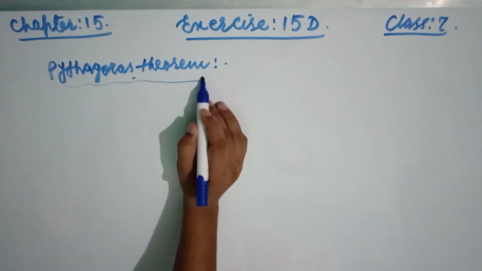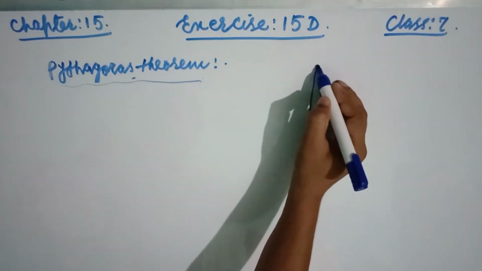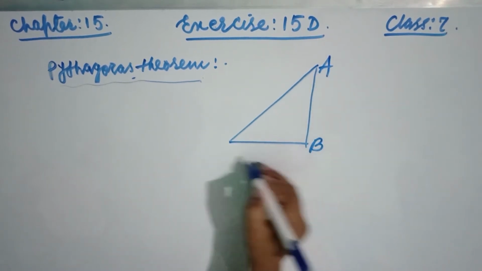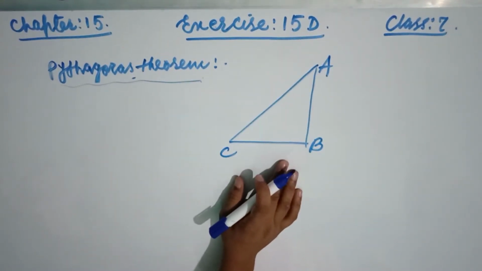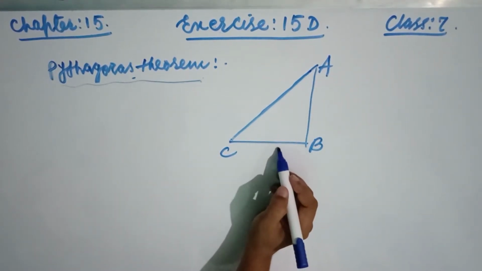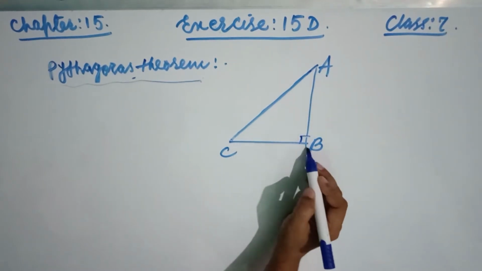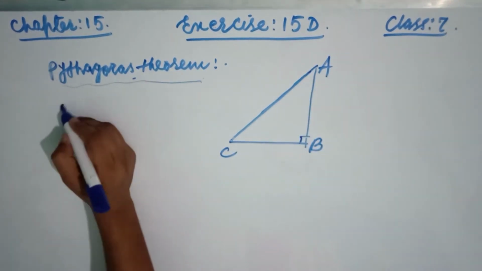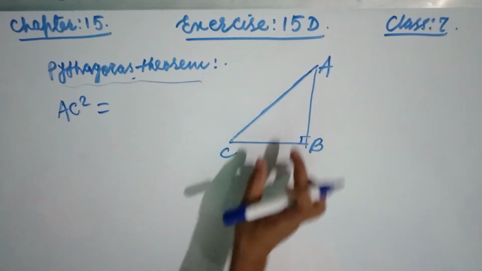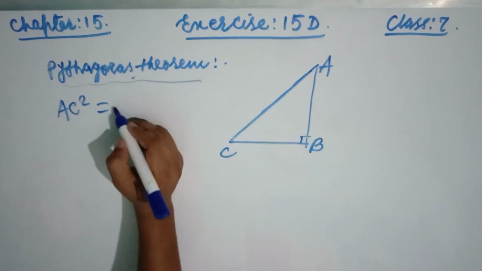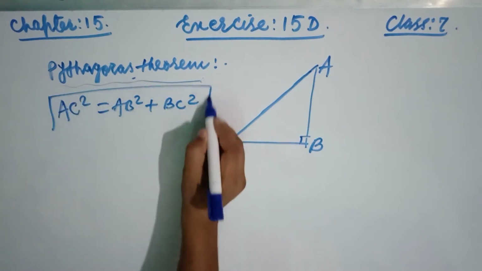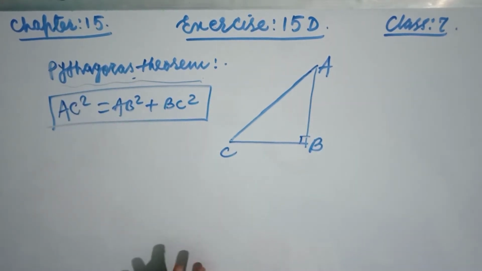So this theorem says in any right angle triangle, suppose this is A, B and C is a right angle triangle. In any right angle triangle, the square of hypotenuse is equal to sum of the square of other two sides. So here in this triangle, at B is the 90 degree, AC is the hypotenuse. Now this Pythagoras theorem says AC square, the square of hypotenuse, is equal to sum of the square of other two sides. That means AB square plus BC square. So that is called the Pythagoras theorem. Okay friends,